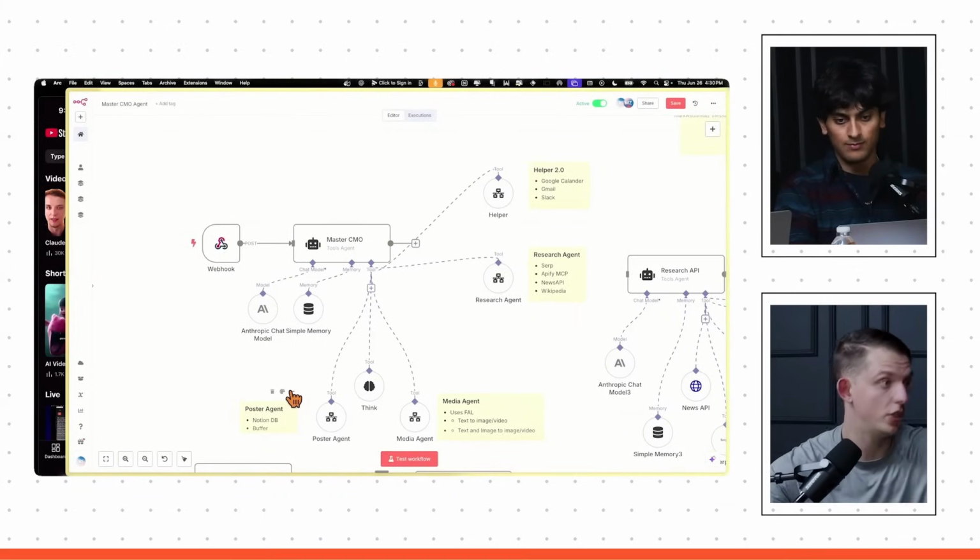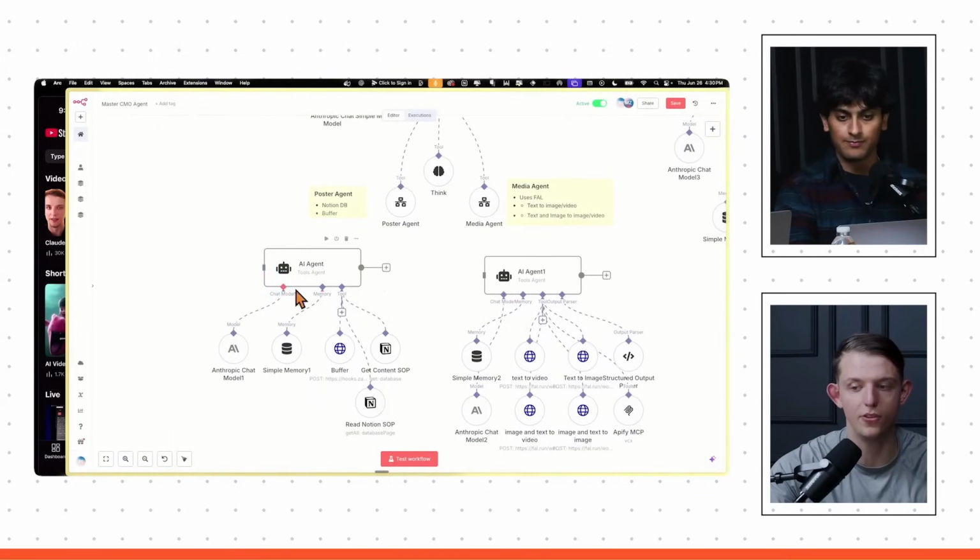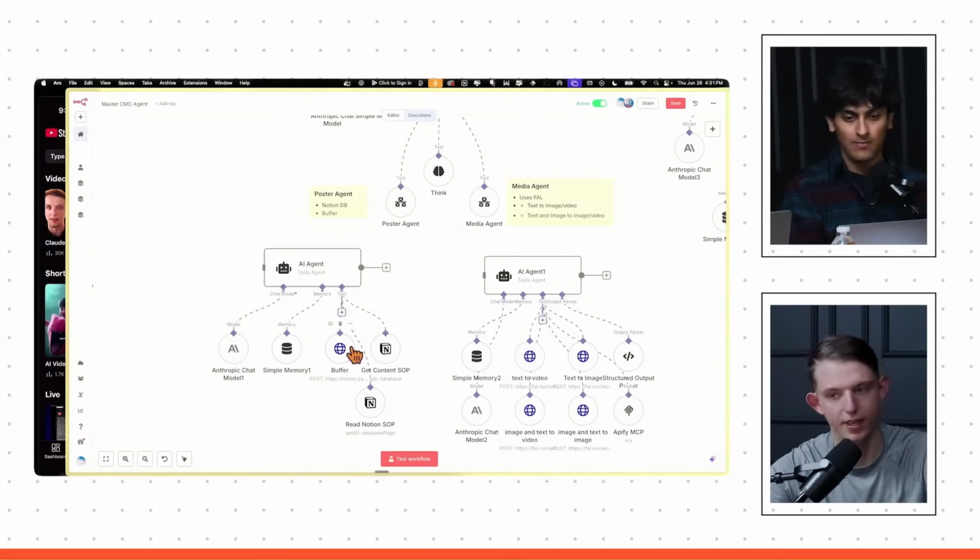Because once you send it, it needs to know what information to give it. It needs to give it all the information, but you're basically delegating to a new agent that has a more in-depth and more specific agent instruction. If you think about it, it's exactly how a company works. The CMO's main job is to delegate labor to other more skilled workers, and if you delegate it wrong, that's when things can go bad. So it's really important to tell the master agent exactly what does what and what information comes back.